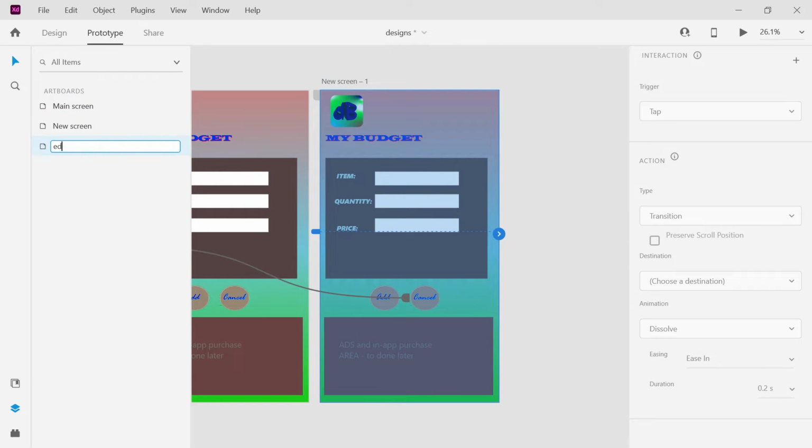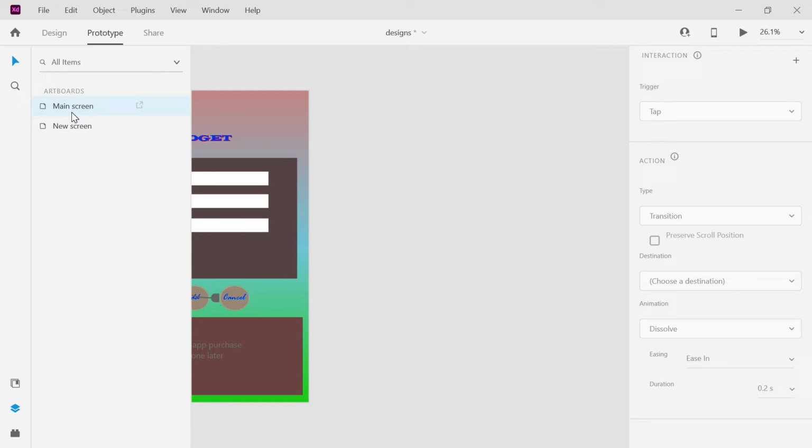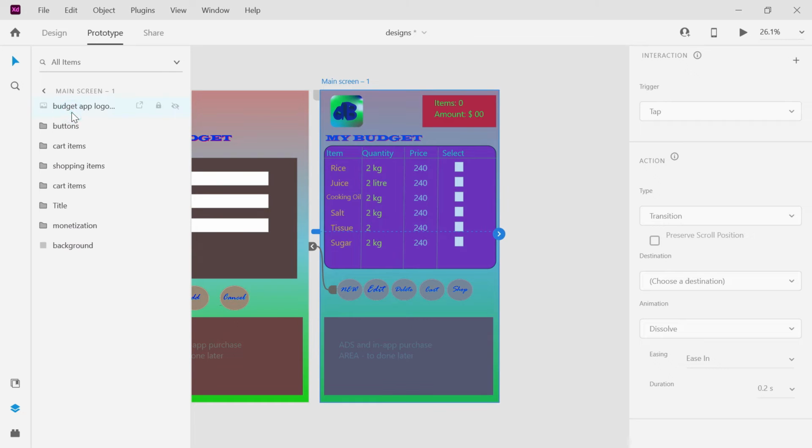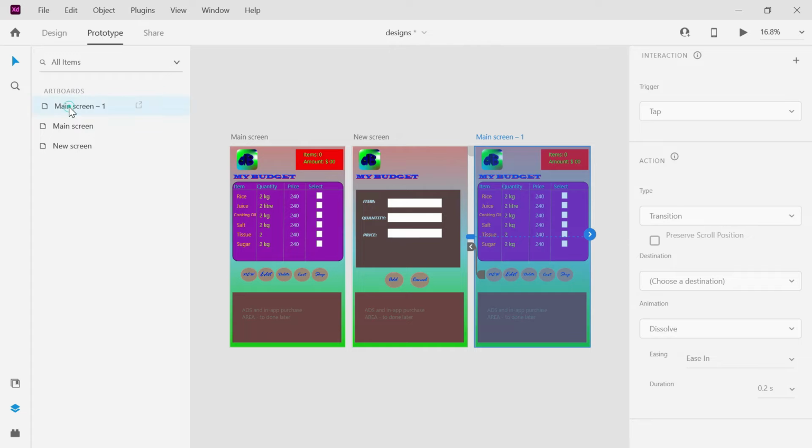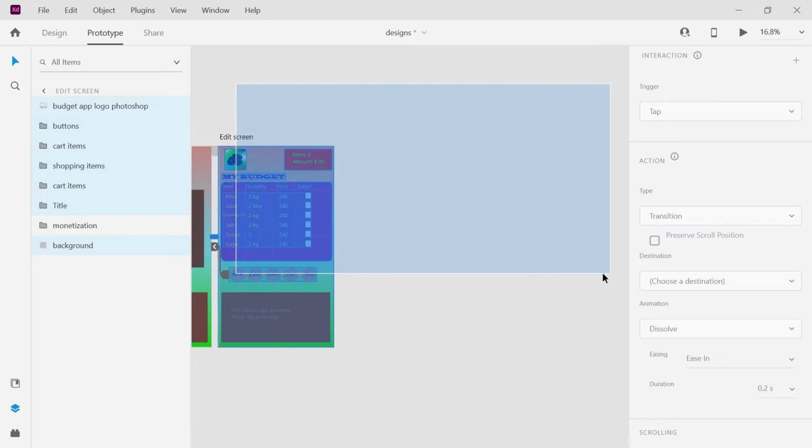Make a copy of the artboard again and create the edit screen so that when the user clicks the edit button, they are taken to the screen where they can edit. So copy the main screen, then rename it to edit screen. So we have the edit screen. Again, we remove the buttons. Remember, you cannot do this when it's on prototype. So click on